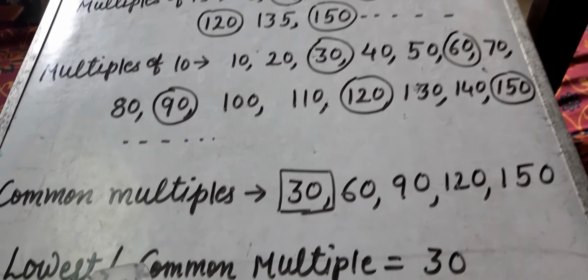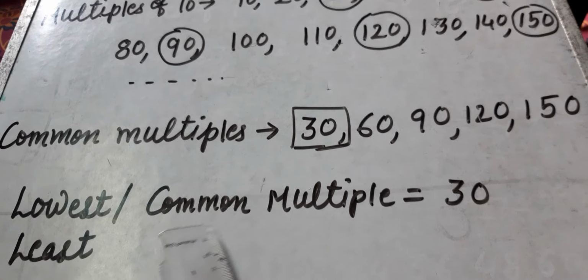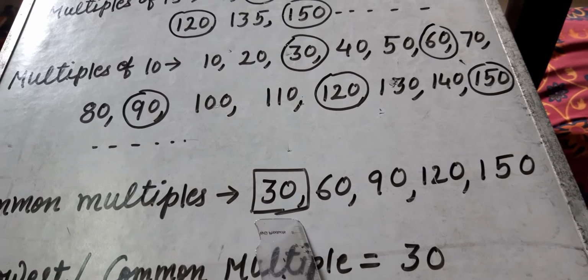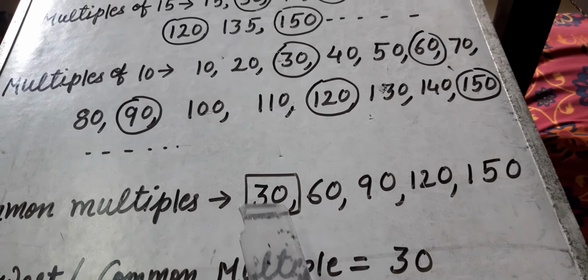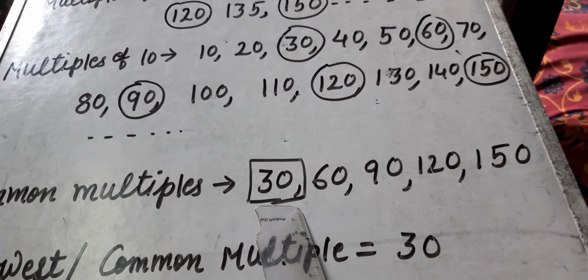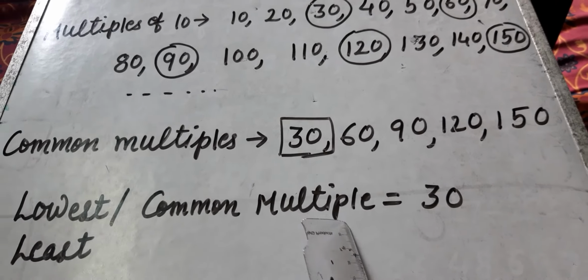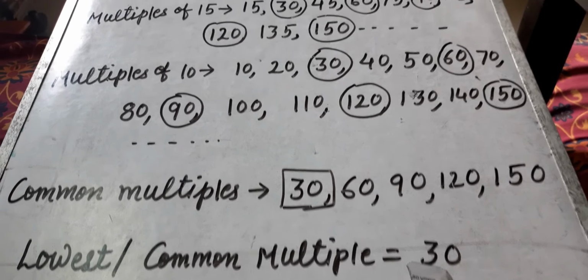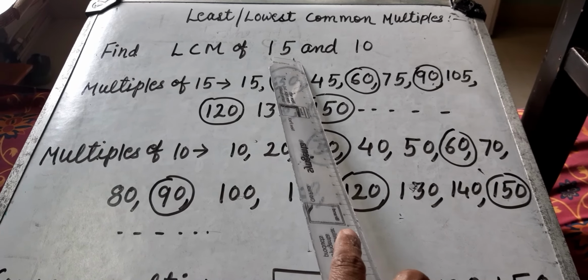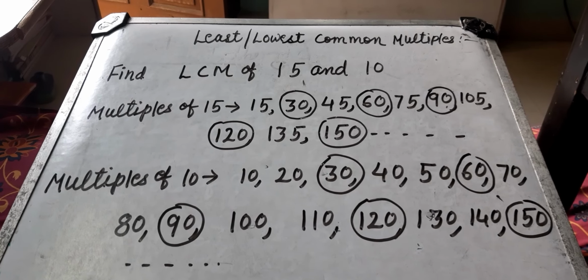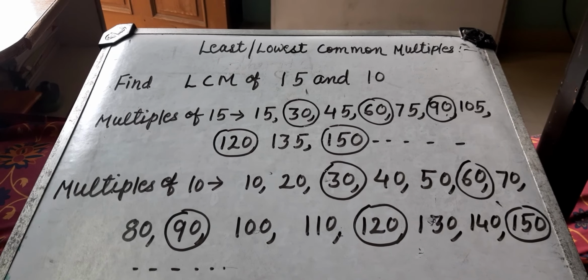When we are saying lowest or least common multiple, among these only 30 is the lowest. So this is the LCM. LCM means lowest common multiple. 30 is the lowest common multiple of 15 and 10. In this manner you can find out least common multiples of given